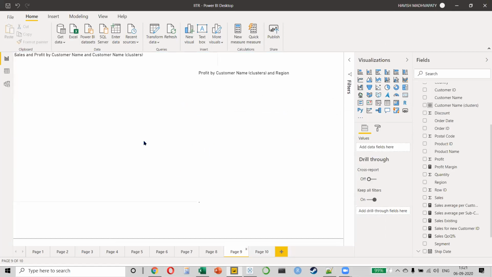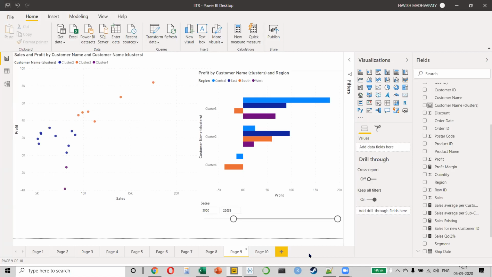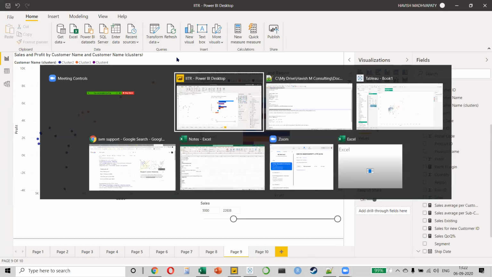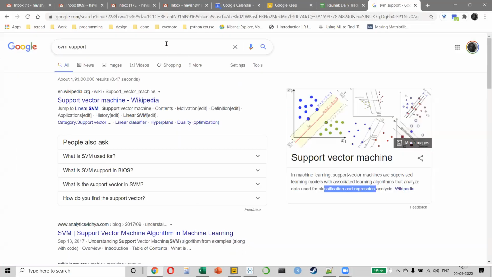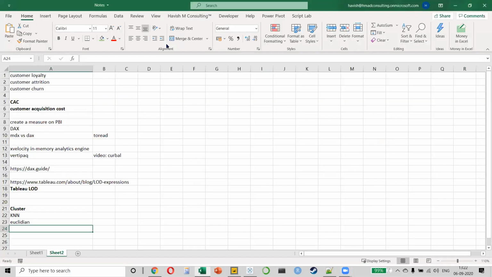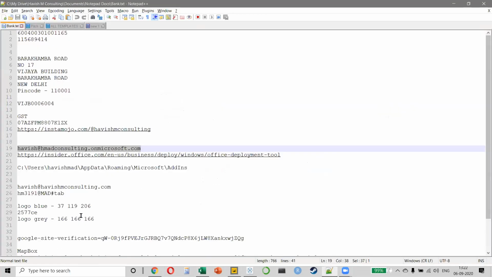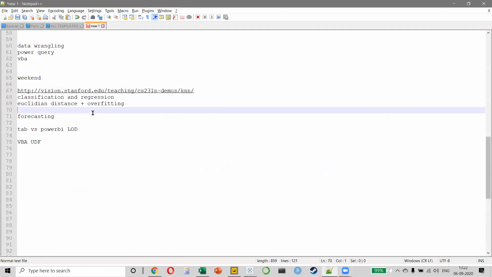Right? Good. So we've done classification now, a simple KNN. Like I said, please read about it a little bit. The terminologies I've already given to you. It's very important for you to read about KNN, Euclidean, and overfitting, right? Even if you don't want to read like 5 pages, at least read about these two terms. I think this is the most important thing here. Okay.